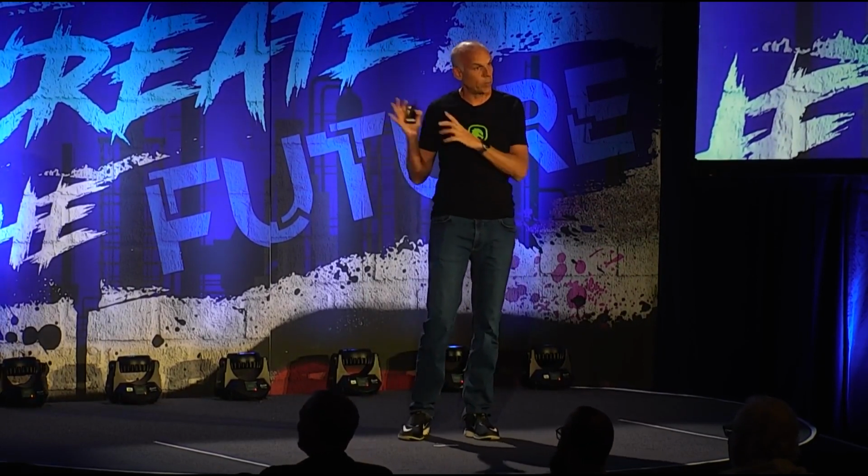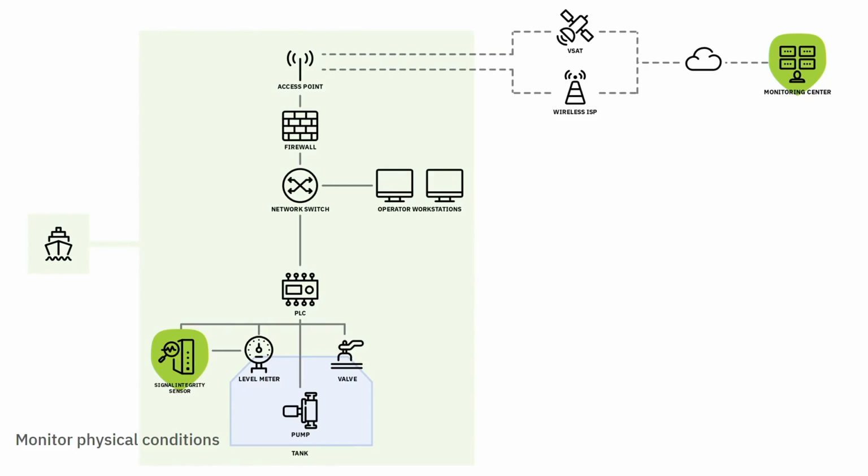And then in our setup, it looks like this. On the bottom left, now you have the signal integrity sensor, and it's passively listening. It gets the input from the level meter, and then it reports status up to a console. In this particular case, our console is in the cloud, but it could also be on our vessel or somewhere else. It really doesn't matter that much.